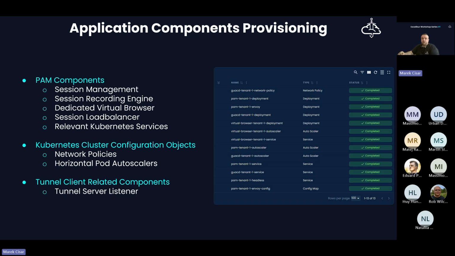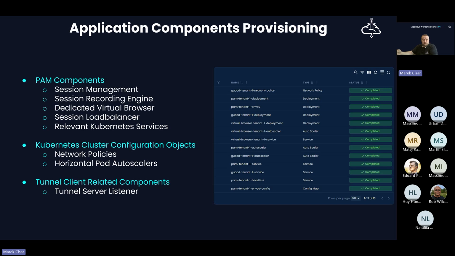Also, there is the session recording engine dedicated to each tenant, just to be sure that the encoder is working with the session stream of that particular user from that specified tenant. So there is no room, no space, to somehow mix that data between tenants, since the session recording engine is dedicated per tenant.